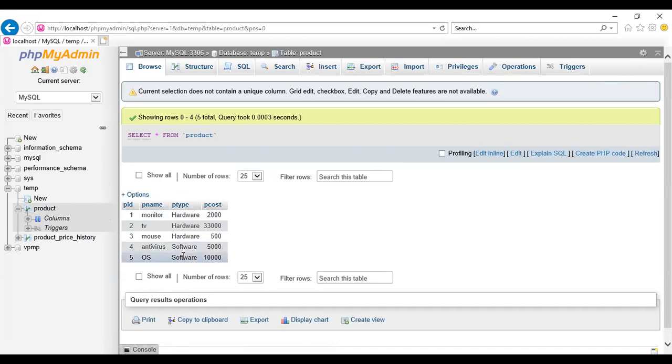Here in practical number 8, we have to count the number of products with PType hardware and the number of products with PType software. Now see here there are total 5 products in our table product. Out of 5, 3 products are of type hardware and 2 products are of type software. Now we are going to create a routine that will count the number of hardware products and number of software products. So for that, first open